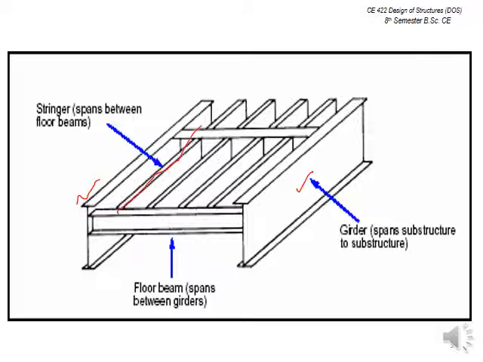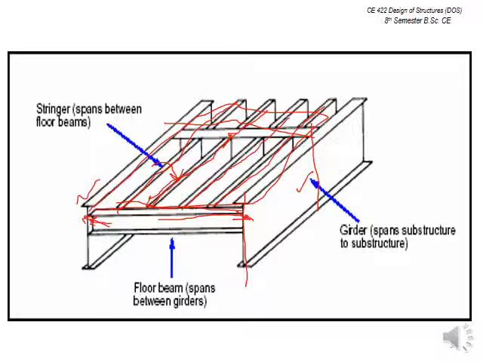In between, along the vehicular direction, the moving traffic direction, you have the stringers, the smaller beams, and these stringers are connected or resting or transferring their loads on the floor beams, and your floor beams are transferring the loads towards the main girder. Okay, so above it is the bridge deck. So your deck slab is putting its load on the stringer. From the stringer it's transferring along the longitudinal side towards the floor beams, and from the floor beams literally on the plate girder.